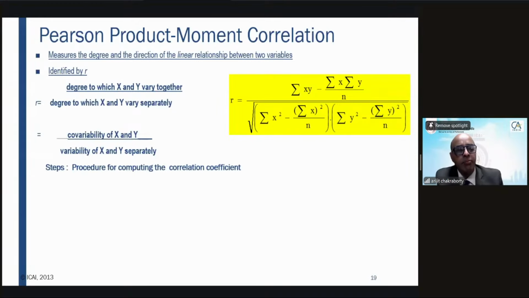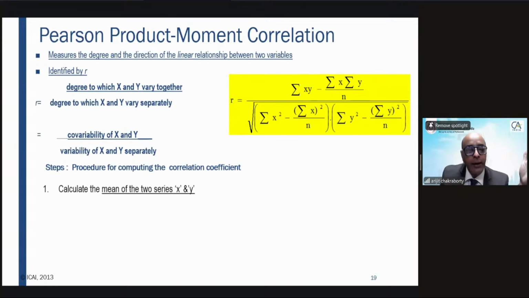This is a formula which you need to remember. The formula is basically, you can see this correlation coefficient R, product moment correlation coefficient, which was developed by Karl Pearson, shows or links the degree to which X and Y vary together. यानी X और Y का covariance ये आएगा न्यूमरेटर में. डिनोमिनेटर में क्या आएगा? इंडिविजुअल वेरिएबिलिटी ऑफ X एंड Y. यानी X का इंडिविजुअल वेरिएबिलिटी क्या है, Y का इंडिविजुअल वेरिएबिलिटी क्या है. सो न्यूमरेटर में हम लोग कोवेरियंस यूज करेंगे और डिनोमिनेटर में इंडिविजुअल जो दो डेटा सेट है X और Y,